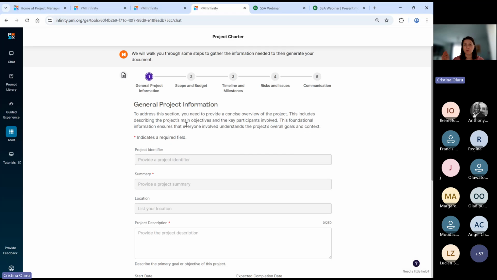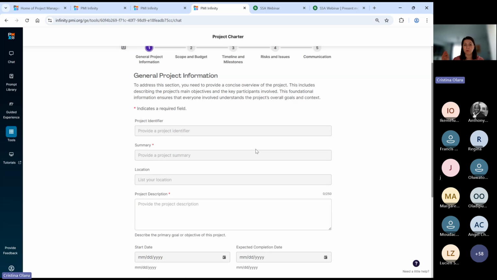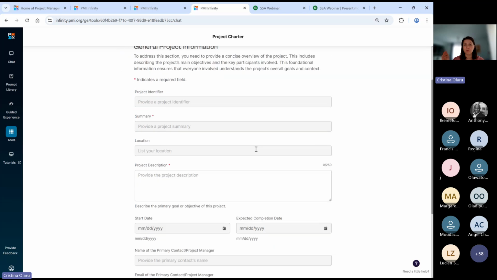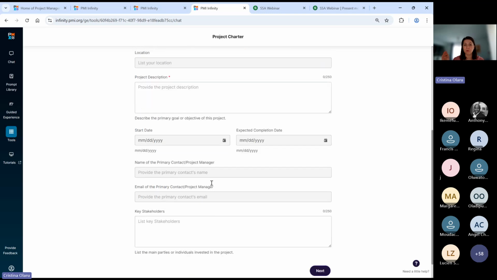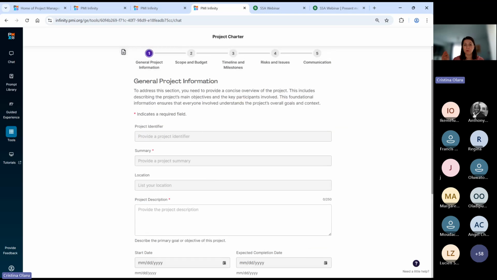You can see here, PMI Infinity is asking you for some information on your project in order to be able to generate your project charter. But not all the fields are required. Actually, for the project charter, only the summary and the project description are required. So I'm going to fill in some information and show you what PMI Infinity can do and how the project charter that it generates will look and how it can help you. So